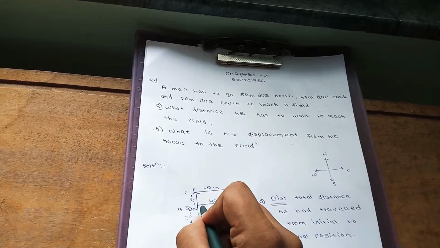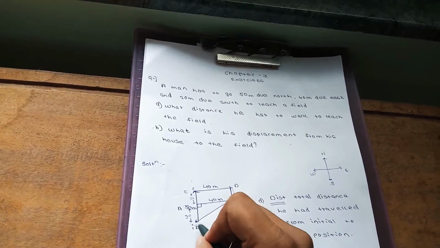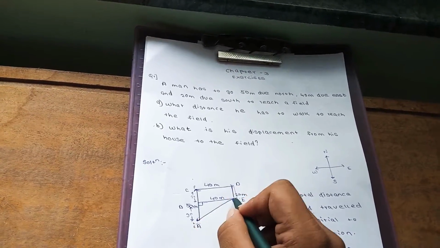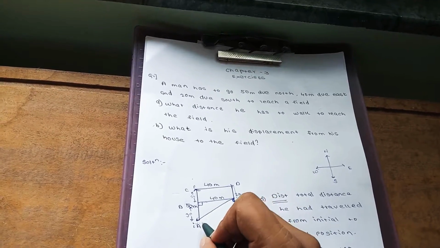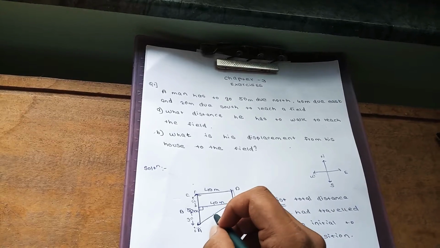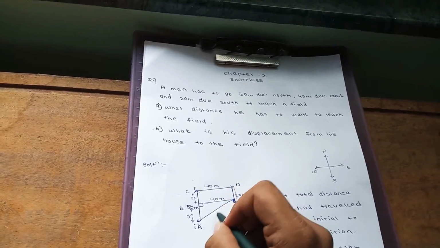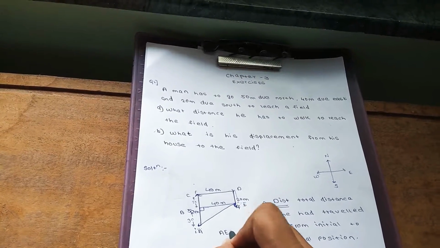So by applying Pythagoras theorem, as this is a right angle triangle ABE, we can find AE. As we know that 30, 40, 50 are the triplets for Pythagoras theorem, so AE would be 50 meter,